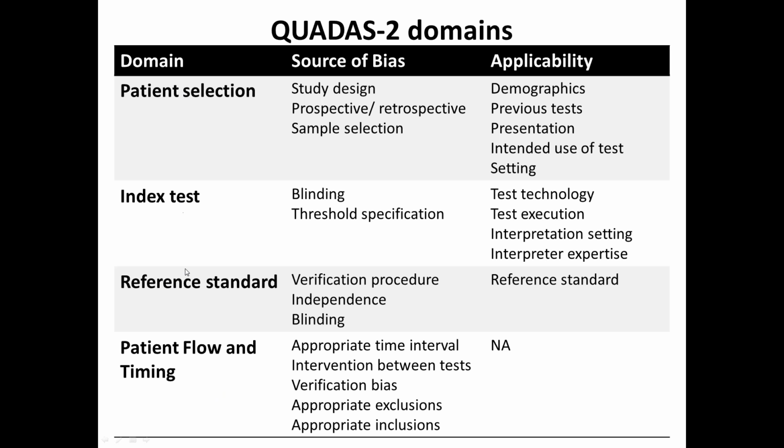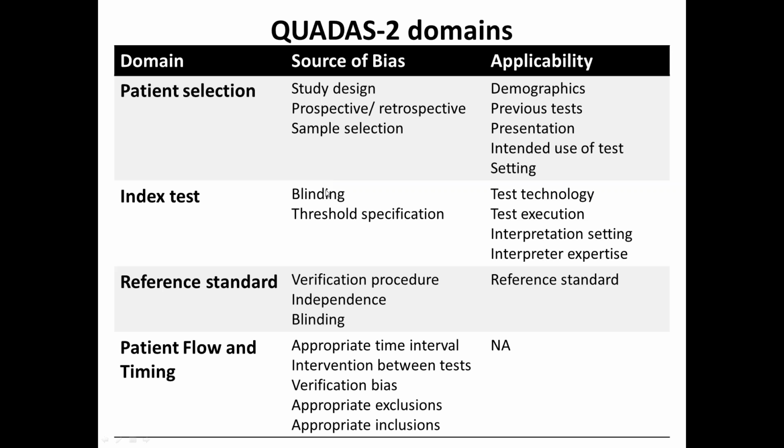So we call these domains in the tool, and each one has its own assessment of whether there is any source of bias or risk of bias about the way in which patients were selected for this study. That's usually down to whether they are being selected consecutively, or whether some exclusions are implied on who goes into a study which aren't reflective of the real world. So there's a set of questions in the tool which help flag up